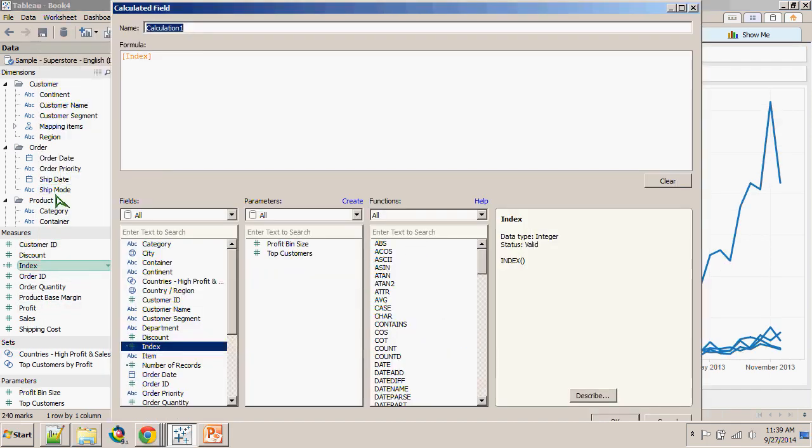If I created a calculated field that says a window sum of the sum of sales,